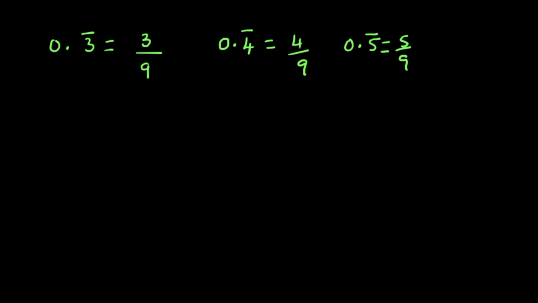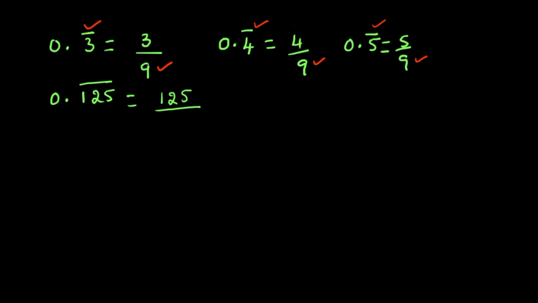Suppose we have a number like 0.125 bar. So how do we write this number? Just without the decimal point, you write 125. Can you tell me what is the periodicity of the earlier numbers? Actually this periodicity is 1, and here also the periodicity is 1, this periodicity is 1. Periodicity means the number of digits that are repeating. That means only 3 will repeat, like 0.333, like 0.444, like 0.555. Only one number is repeating, the periodicity is 1. So that's the reason I have taken only 9 there.